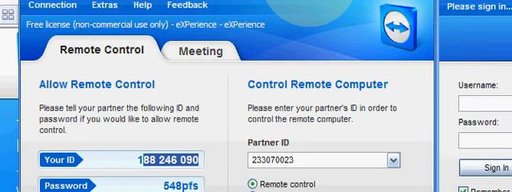And that's basically it. This is the install of TeamViewer, and this is one of the really good applications that I need to